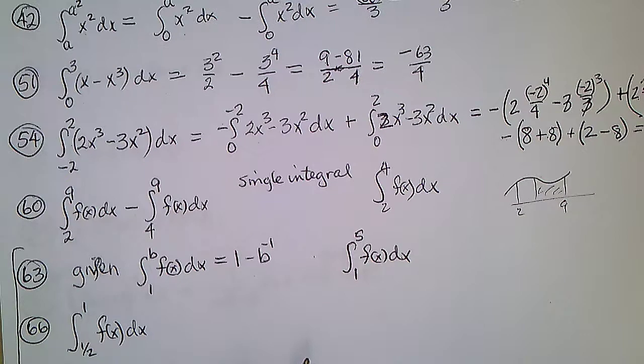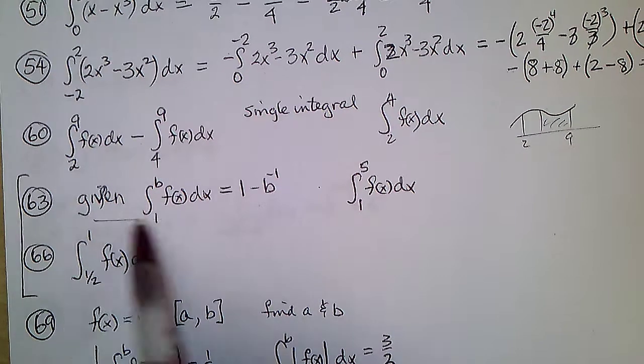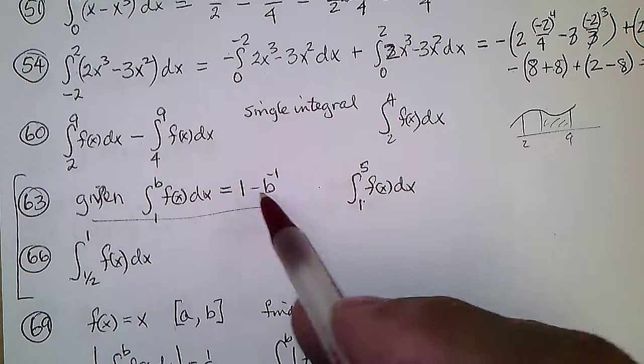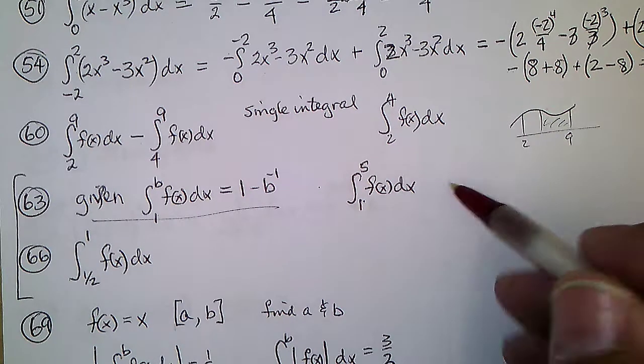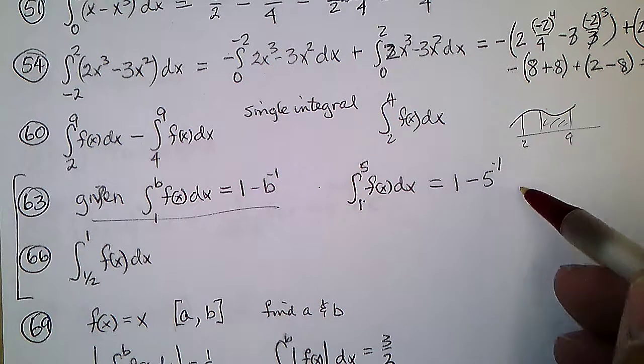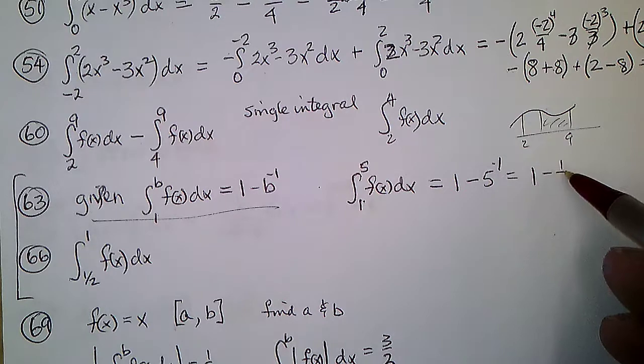$63. It says, given this, find this. Well, if it says from 1 to b turns out to be this, then 1 to 5 would be 1 minus 5 to the negative 1, which should be 1 minus 1/5,